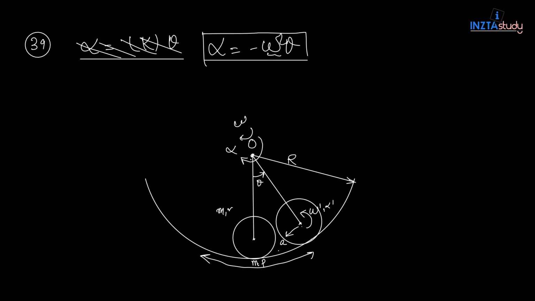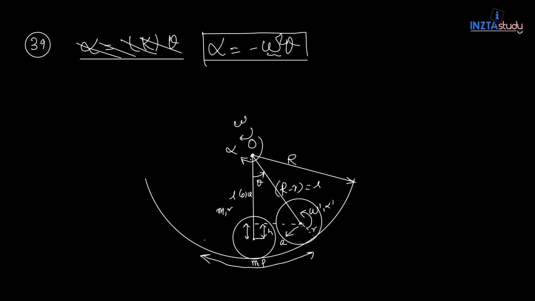So we'll write the energy at some particular time. Why? Because we know that in an SHM the energy is constant. Suppose it is at a height h. This height will become, if this radius is R minus r, let it be L. So this is going to be L cos theta, and the height is L minus L cos theta. So that is h.